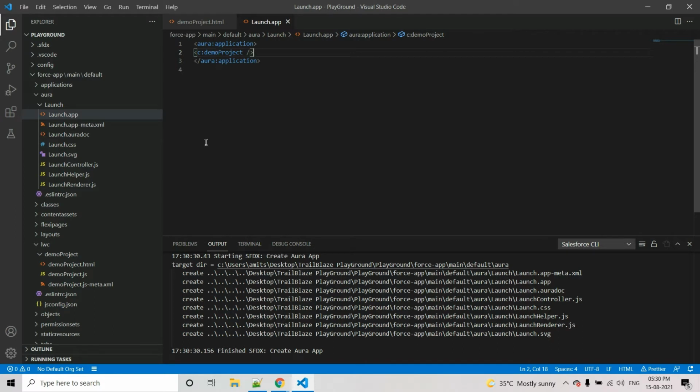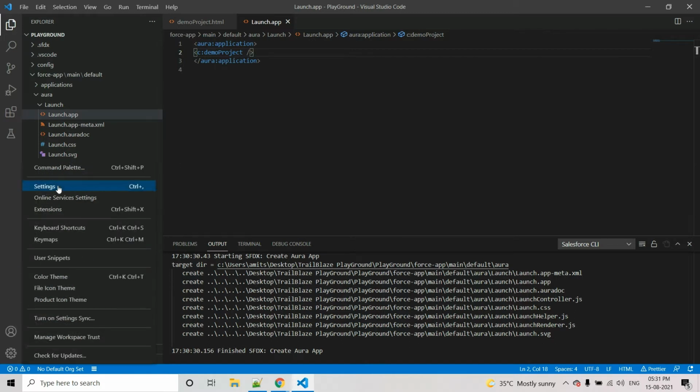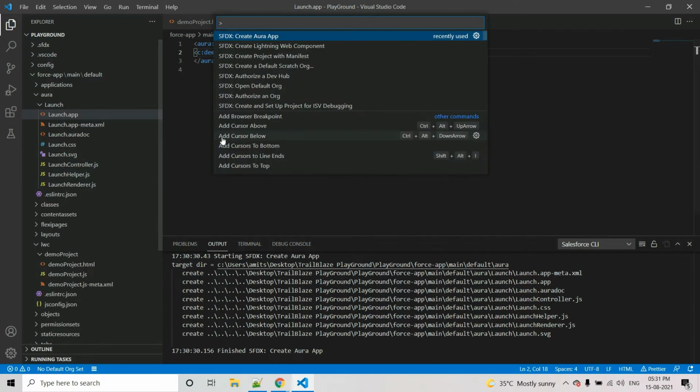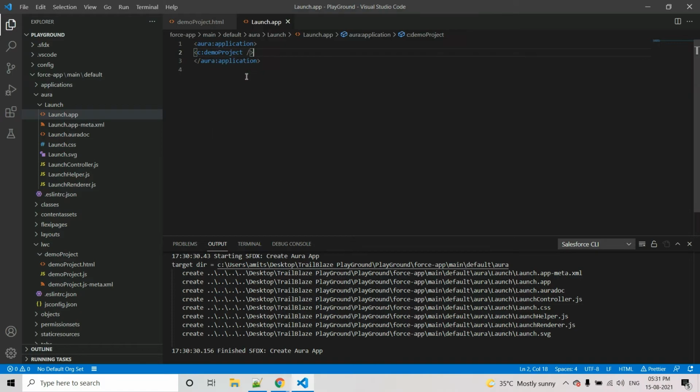And now we have to push the code to our scratch org, but before that we need to authorize dev hub. So authorize dev hub.